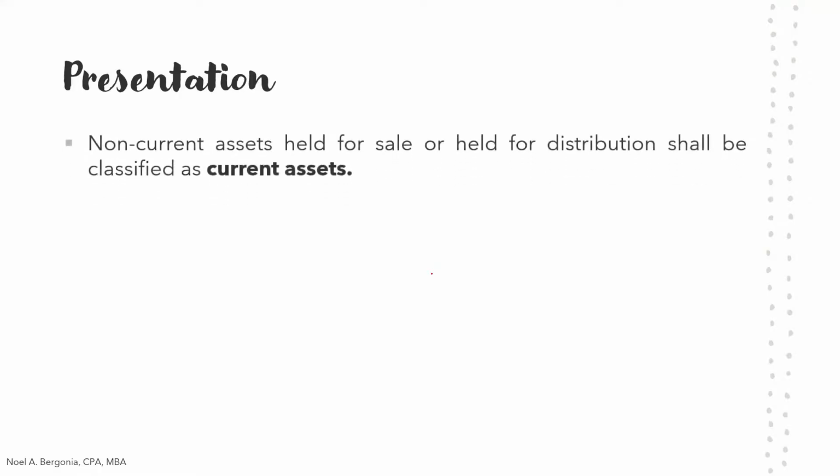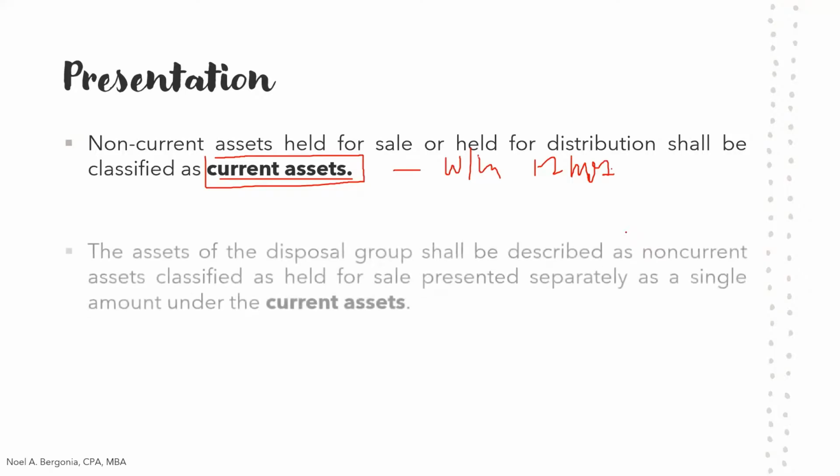And lastly, no, so how do we present our non-current assets held for sale or distribution sa ating financial statement? So kanina po, we have already discussed the measurement. So how do we present it naman? So a non-current assets held for sale or distribution shall be classified as a current asset. So current asset po sila ha, kasi the intention is to dispose them within 12 months. Di ba, pag within 12 months as per IAS number 1, di ba, they are considered now as current. Okay? And then, please take note that